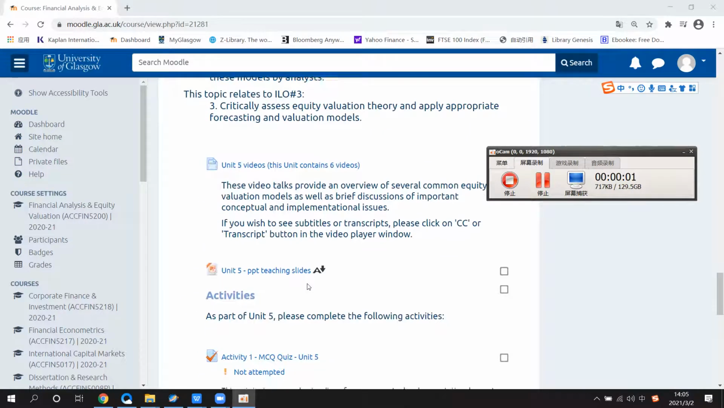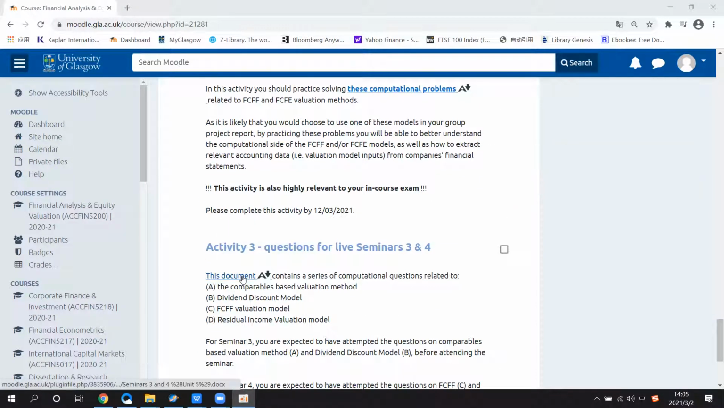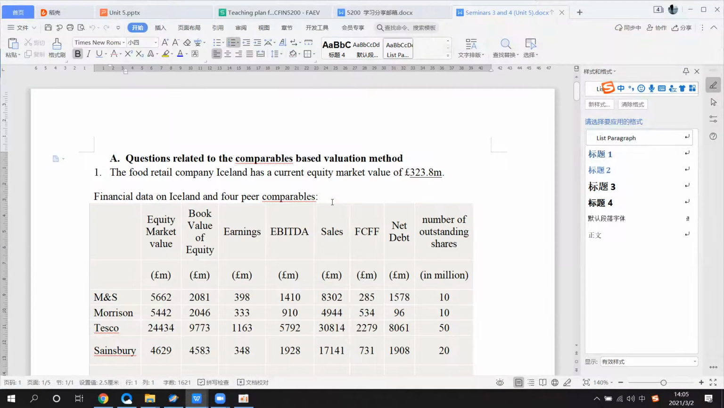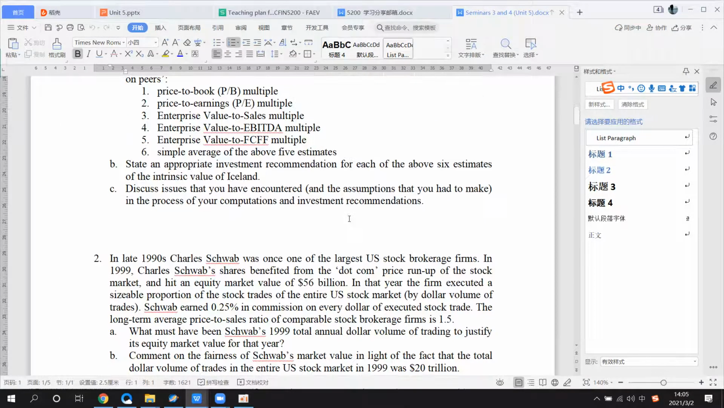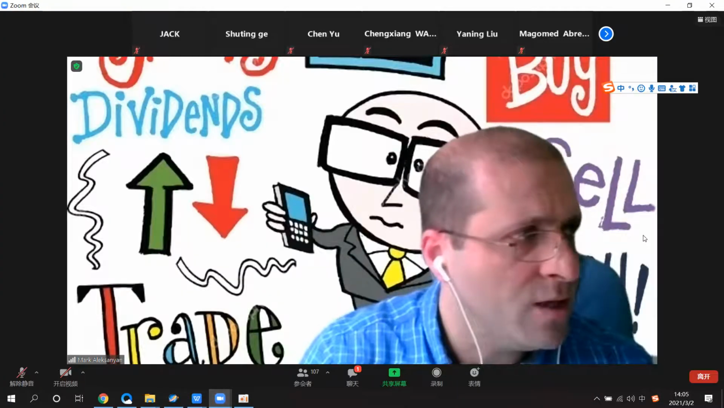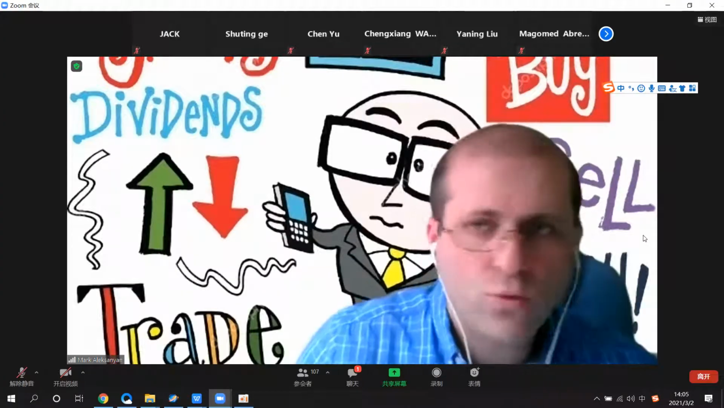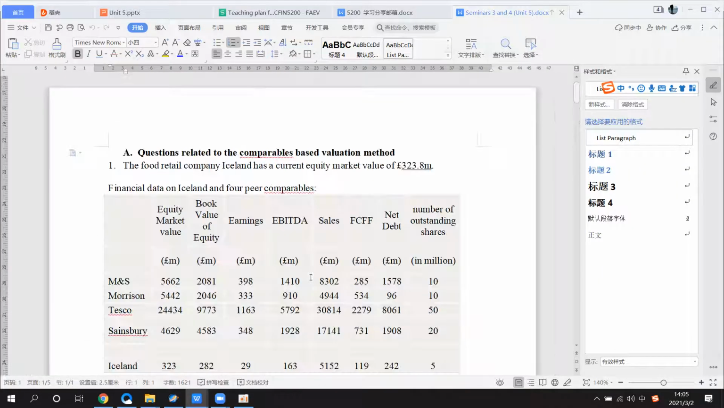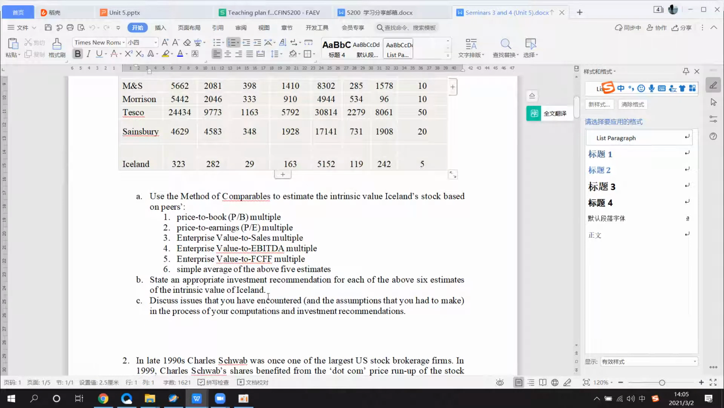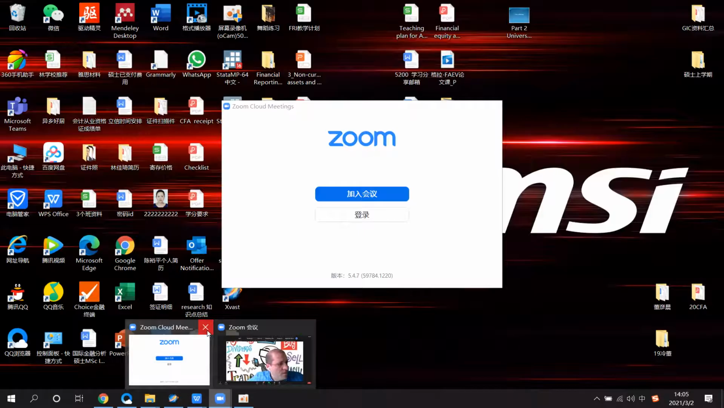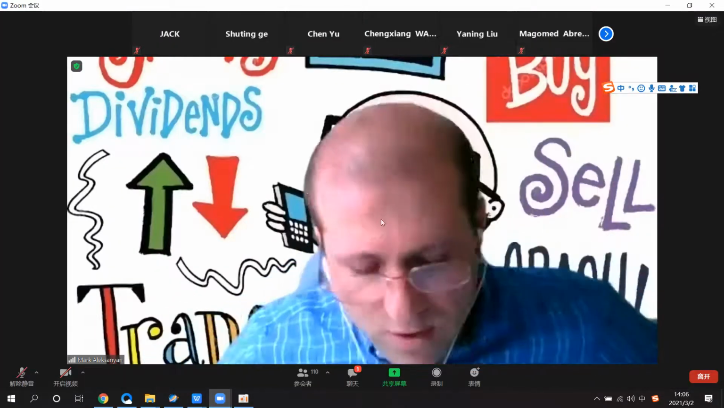I hope you have all tried to look at the questions for this seminar. All these questions are based on calculations, and they are really just about valuation models. So for seminar 3, you were asked to try questions in section A and B, that is the method of comparables and some basic dividend discount model kind of calculations. So what we shall do,